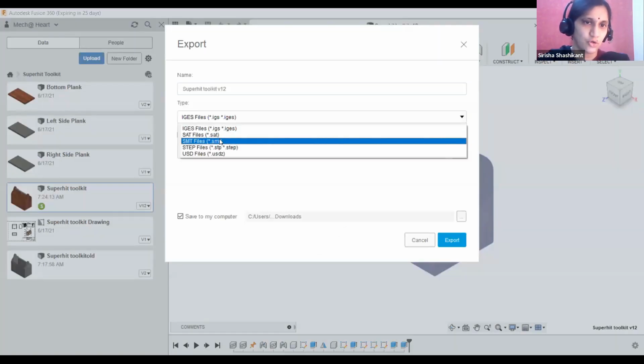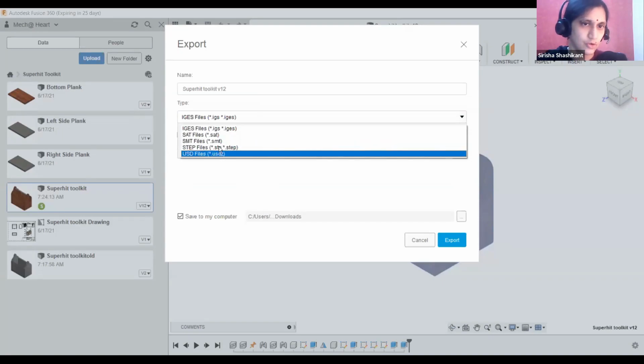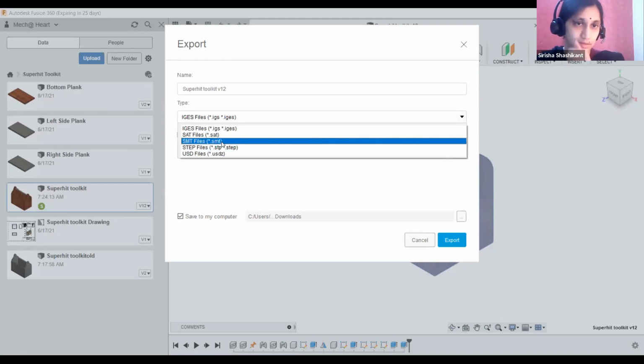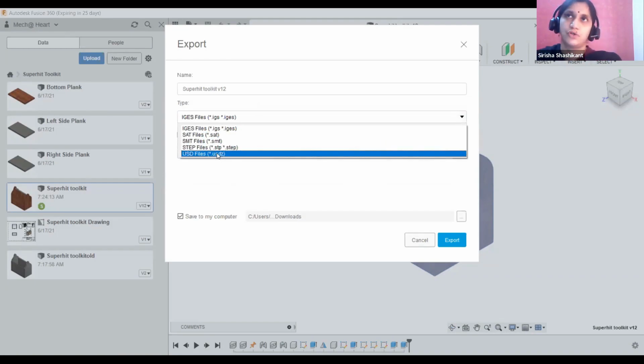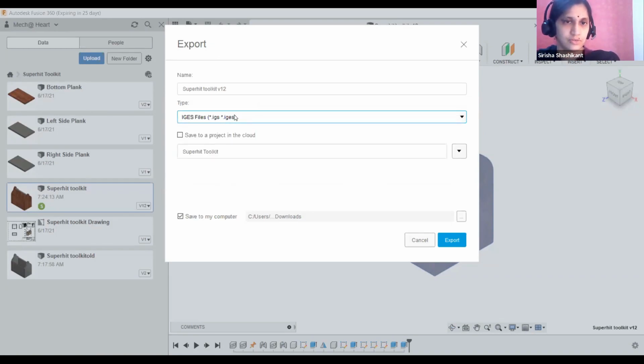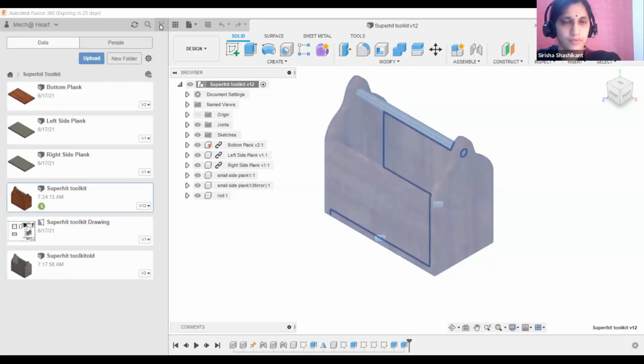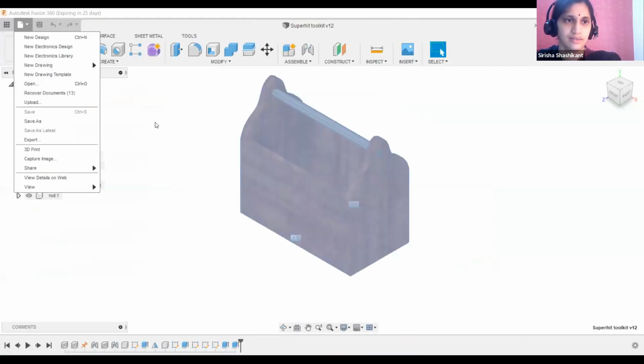In the export option, you can convert it into all these files. And then you can use it for 3D printing or any other information if you want to take it to Meshmixer and other software also, you will be able to do it. So just select a format, and then you will be able to export it.